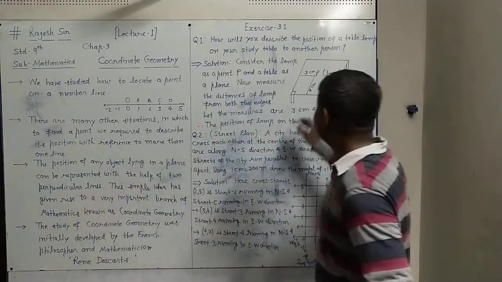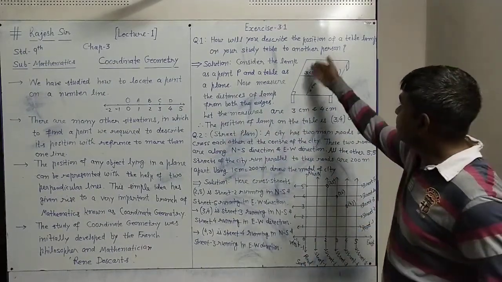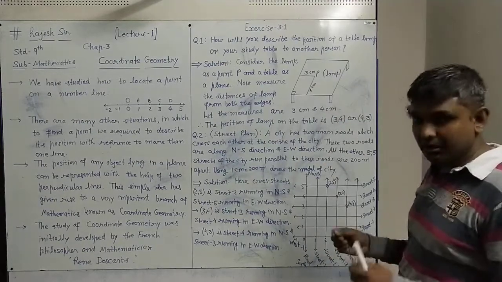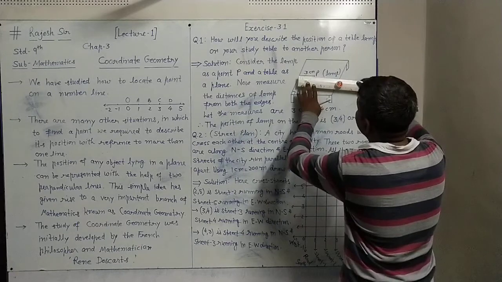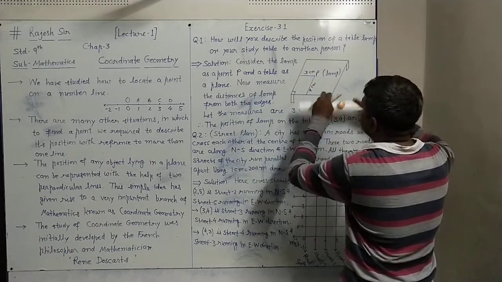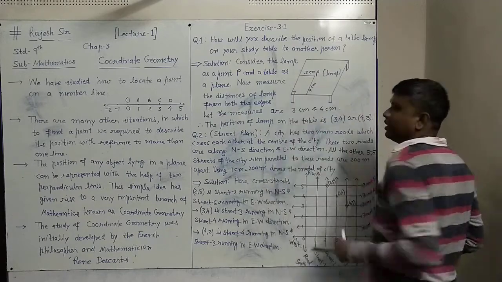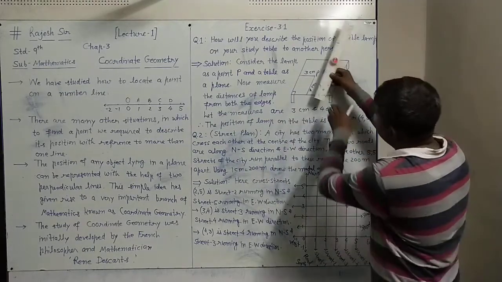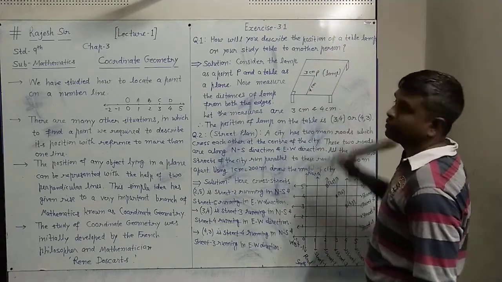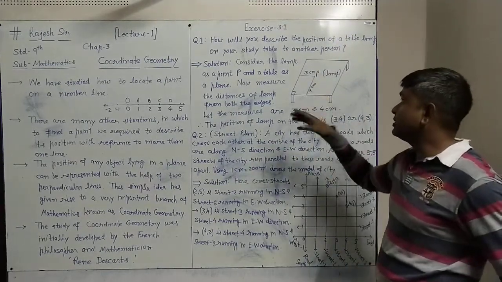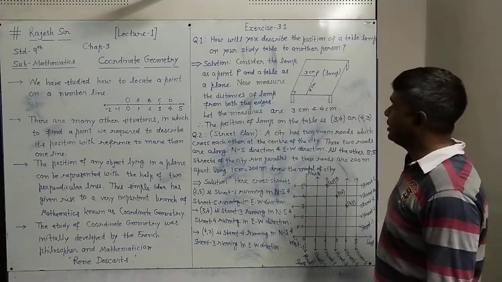Two perpendicular lines are this and this. So from both the edges we have to measure the distance. Like from this edge to this perpendicular we measure this way with the scale. It is 3 centimeter we have written, and from this edge you measure this way, it is 4 centimeter. From both the edges I have measured, and the measures are 3 centimeter and 4 centimeter.